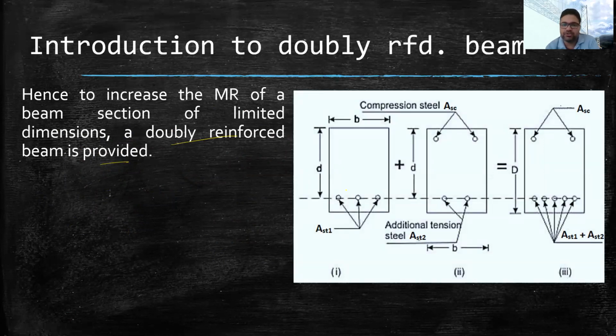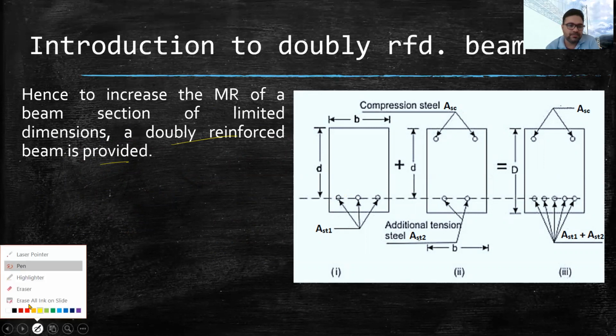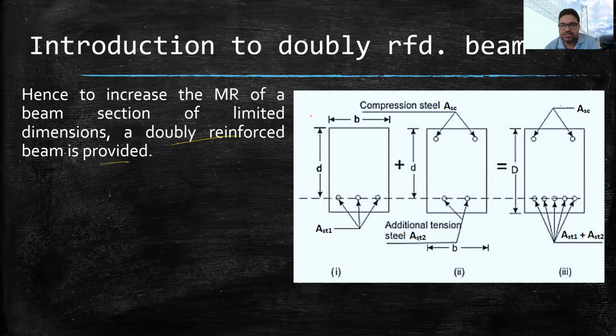In the doubly reinforced beam, see, this is the first diagram, which is showing the singly reinforced beam. The singly reinforced beam has an area of steel here, and the neutral axis will be here. Now the earlier options that I have discussed may not work. So the next option which I have discussed earlier, we will adopt that.